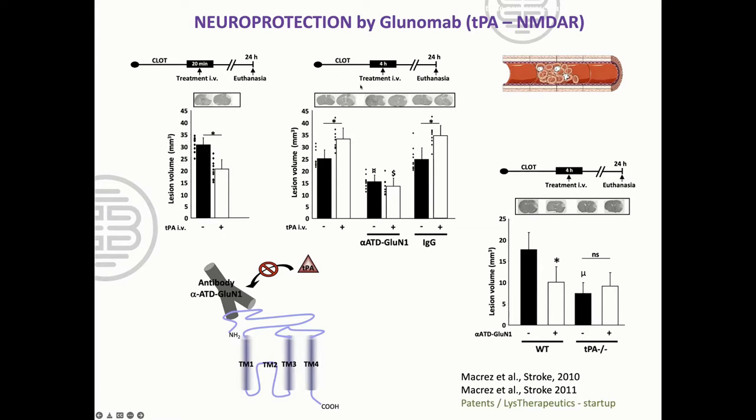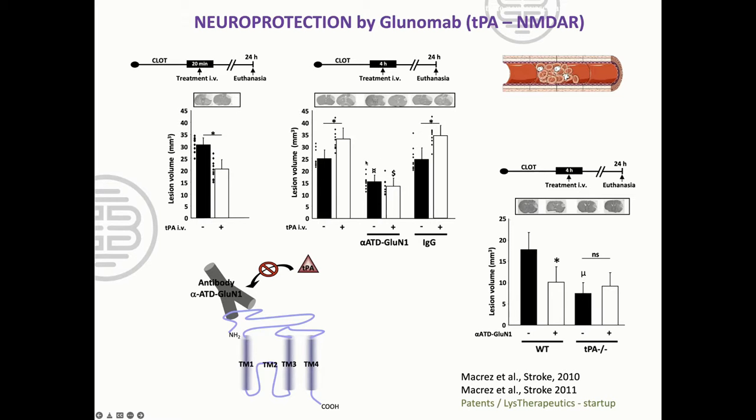And in this condition, although TPA promotes recanalization and reperfusion of the tissue, there is no reduction of the lesion volume, but an increase of the lesion volume. And this is explained by the deleterious effect that I showed you before, targeting neurons and also inflammatory processes. When we combine this late TPA with glunomab, you can see that we can rescue the beneficial effect of TPA